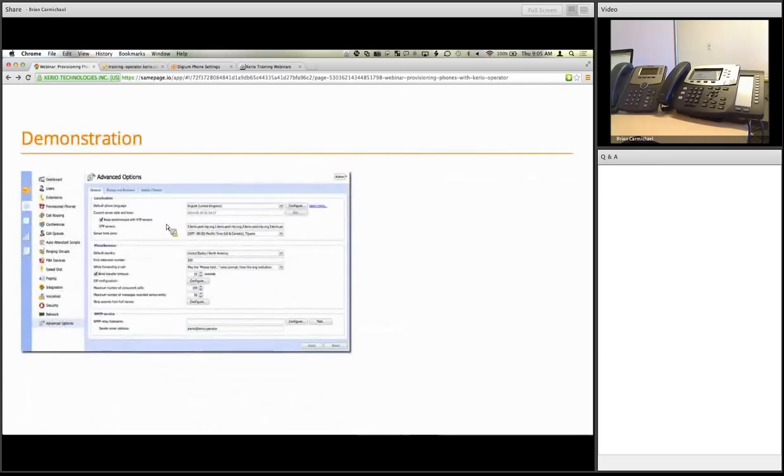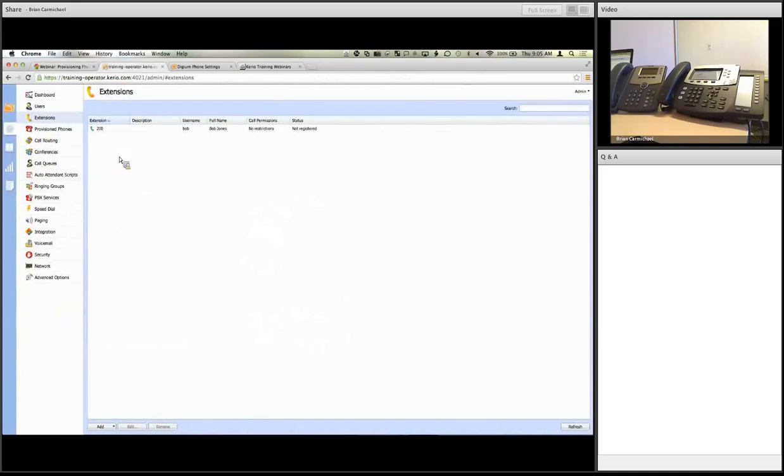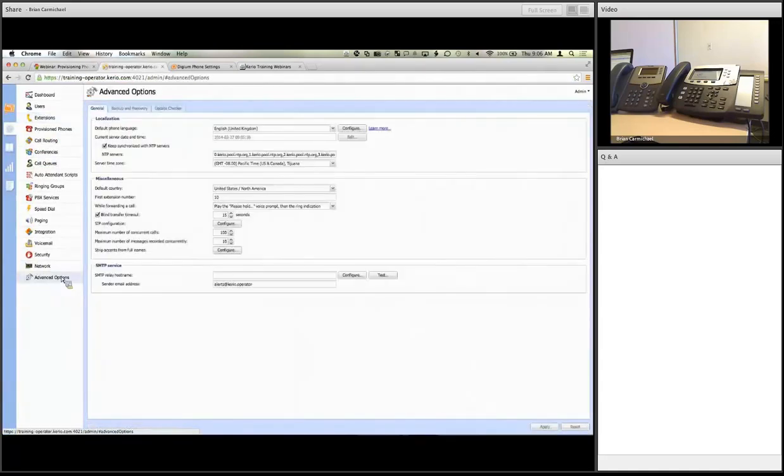So at this point, we'll move on to a demonstration. What I'll do is just configure those items that I was talking about early on. The first thing that we'll set is under the advanced options, and that's the first extension number. The default setup uses 10. You could change that. There's actually a wizard during the initial install, but if you wanted to change that,